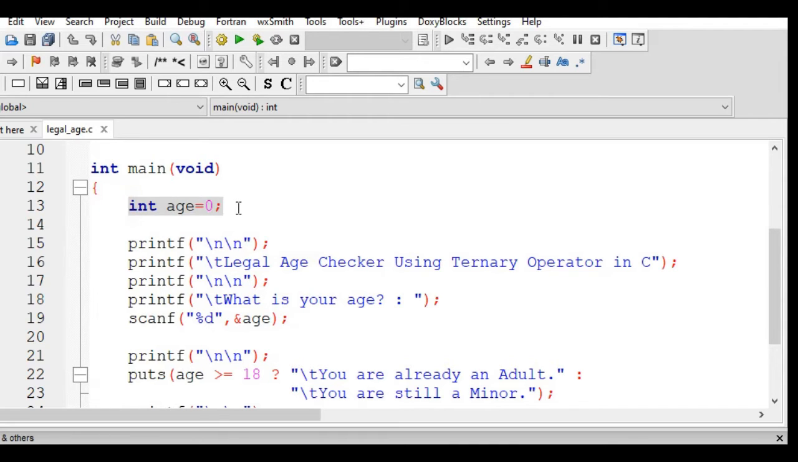Line number 13 is int age, a variable that has a data type of integer. When we say integer, guys, we are referring to a data type that can only accept whole numbers, negative and positive. I initialize it with 0, and then we have line number 15 up to 17,